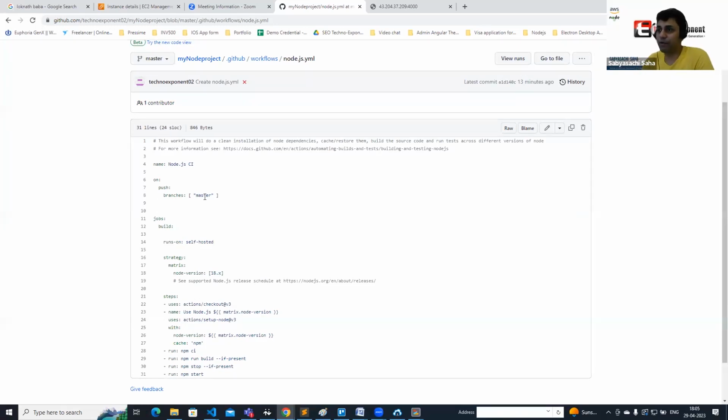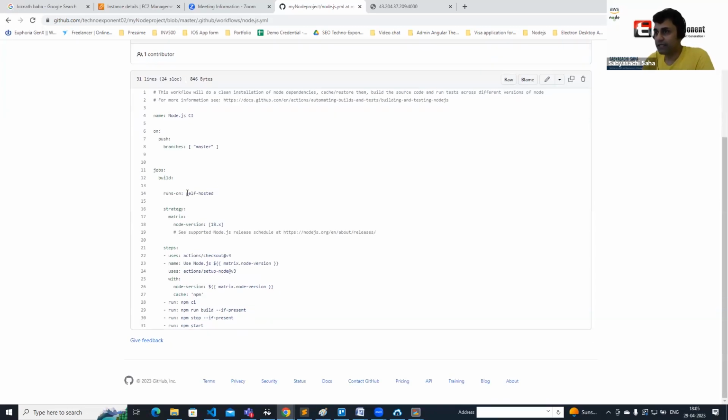So better to only have push, because push means you know what you are doing. Now this is the self-hosted runner I am running on. I have written self-hosted. There is some specific version you want to deploy, so that specific version you will be mentioning here. And then you will be running two commands, which we were doing before when I did